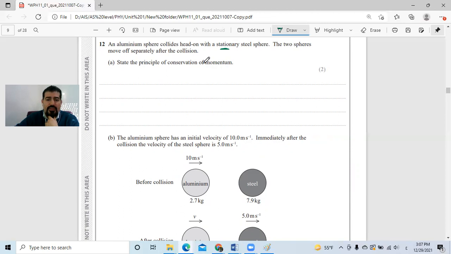State the principle of conservation of momentum. What are the keywords about the conservation of momentum? Yes, total momentum before equals total momentum after, in a closed system, an isolated system. Bravo. So what we are going to say is: in an isolated system